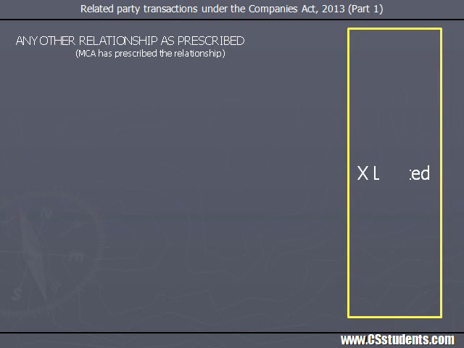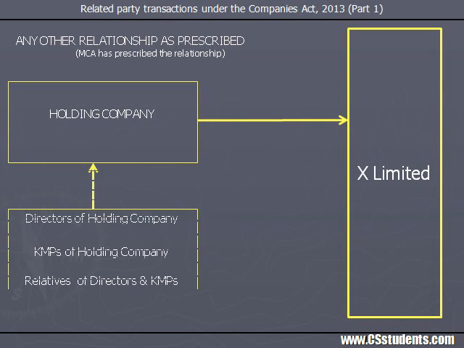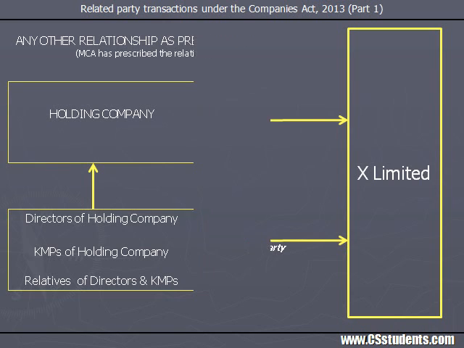And Rule 3 of such rules provides the extended definition of related party. As per this extended definition, a director, or key managerial personnel, of the holding company, or their relatives,